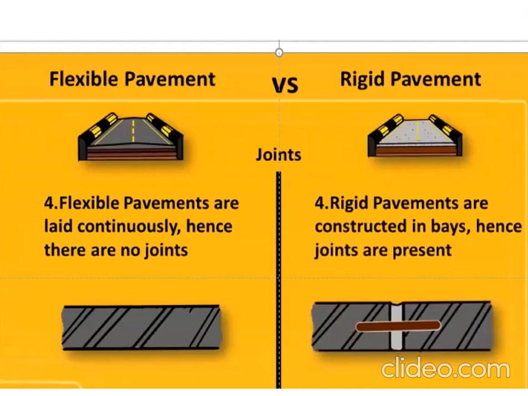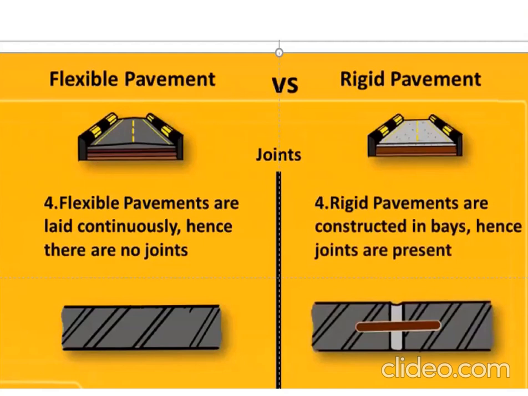That's why I'm saying, once you read these things from the textbook, they explain it very well, but then we have to think about it. It says joints, but it doesn't mean joints that are planned beforehand. These are forced joints, like the transverse joint and the longitudinal joint, obviously at the end of the day, and because you cannot construct two lanes of pavement in one go. But other than that, there are no joints in flexible pavement. So when I say joints, I mean the joints that we know we have to make.